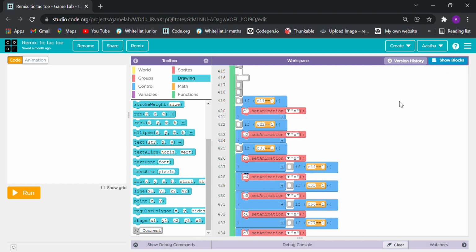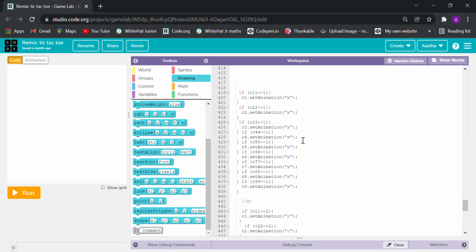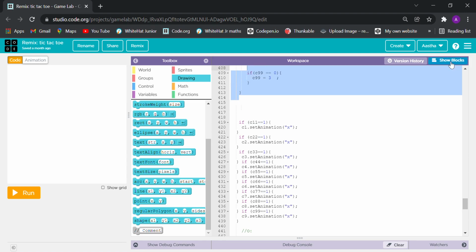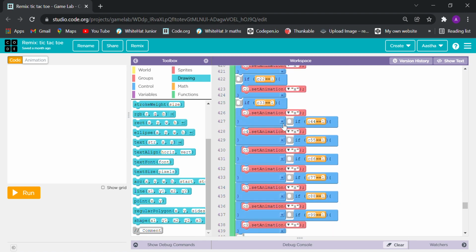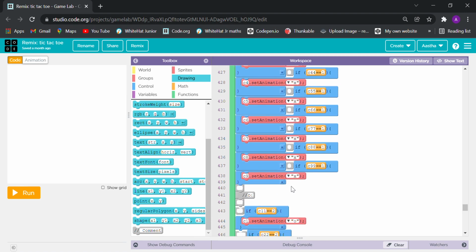You will do this with the help of show text. Okay, click on this option and you will do it like this. Okay, press enter and you will be able to do these things. Right. So now here you will if, and after that you will just add this block,